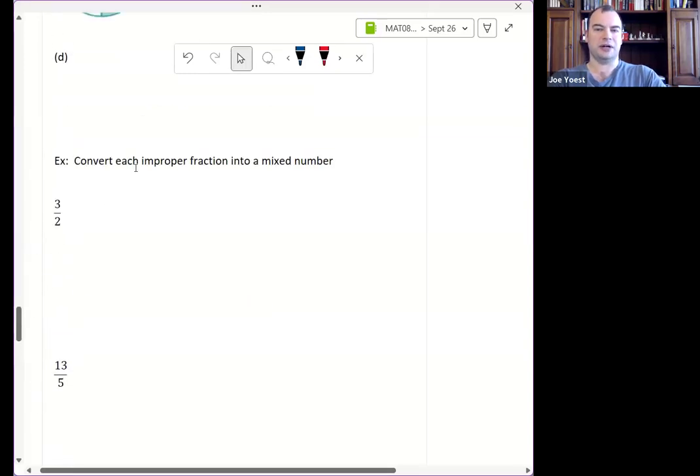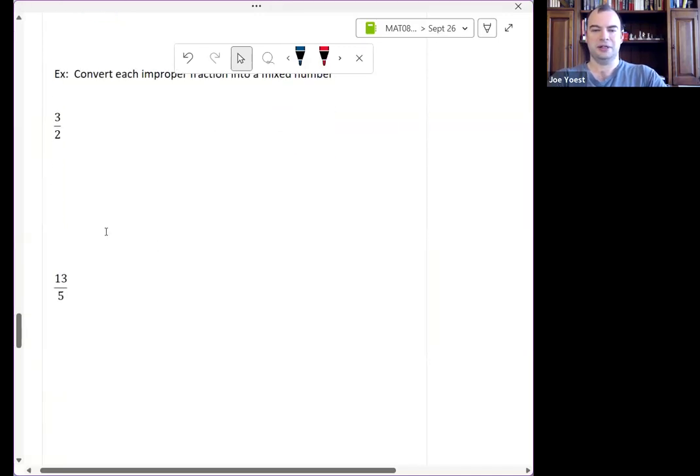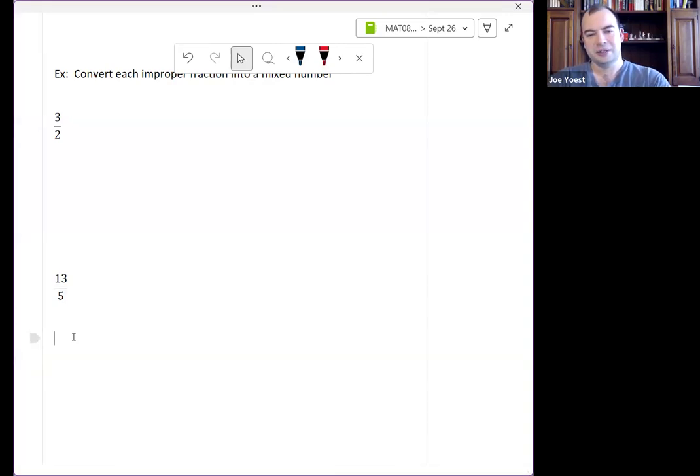These are all improper fractions. Can I convert them into mixed numbers? So if I know that I need 13 fifths cups of flour, not that anybody would write their recipe in fifths of cups of flour, but whatever, I don't want to sit here doing 1, 2, 3, all the way up to 13. I'll probably lose count and get too much or too little flour in there. I want some whole cups of flour plus some extra, maybe 1 or 2 extra fractional cups, something like that. So how do I do this?